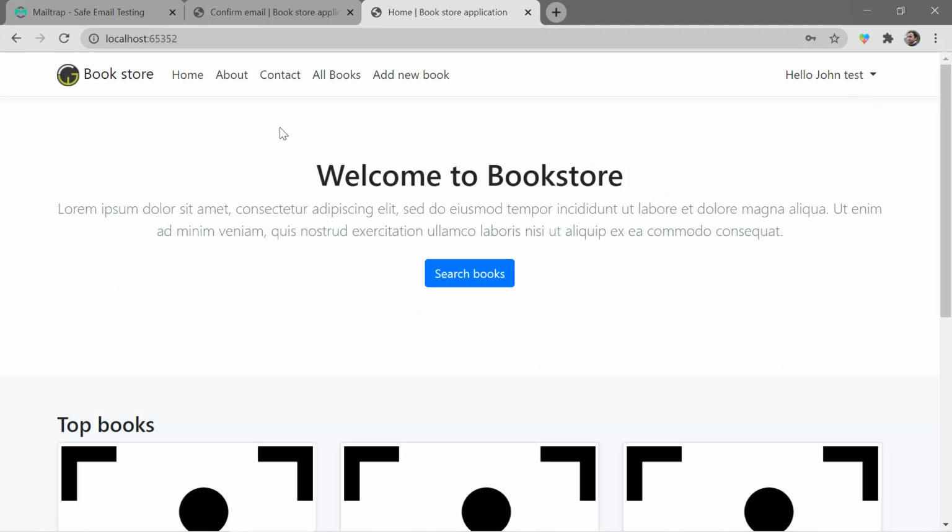There are a couple of things still pending in this sign up process. Suppose a user is signing up in this application, and after the sign up process, the user should get a notification on the page also that we have sent an email on your email ID. We need to implement that feature. And suppose by mistake the user has deleted his email ID from the email box, then we need to implement a feature so that the user can resend the link on his email ID and he can verify the account. So we need to complete this flow, and we'll do that in the next video.